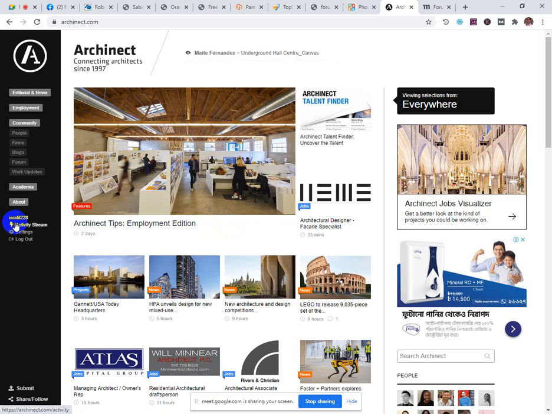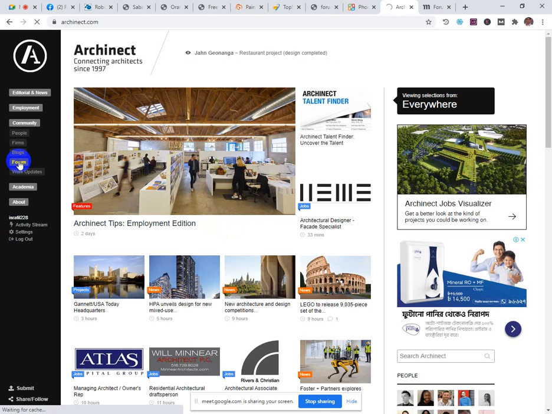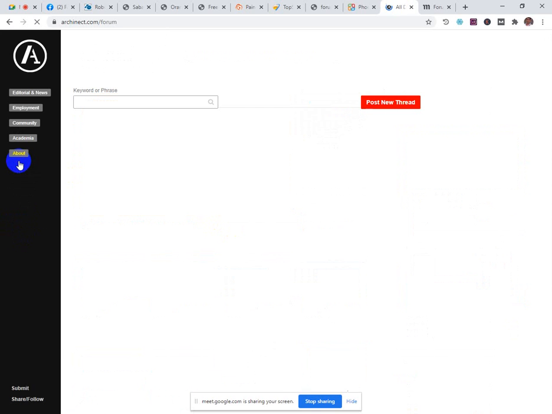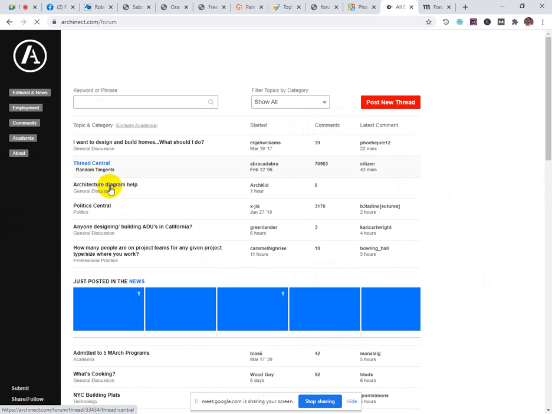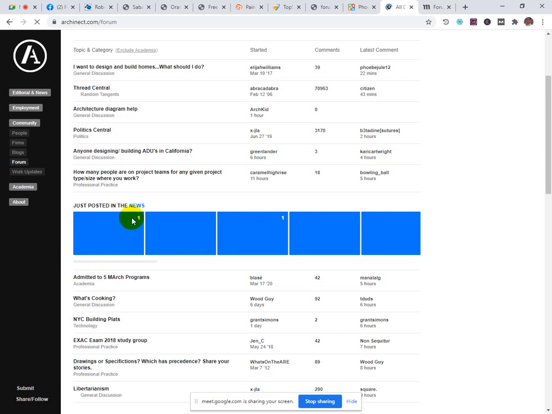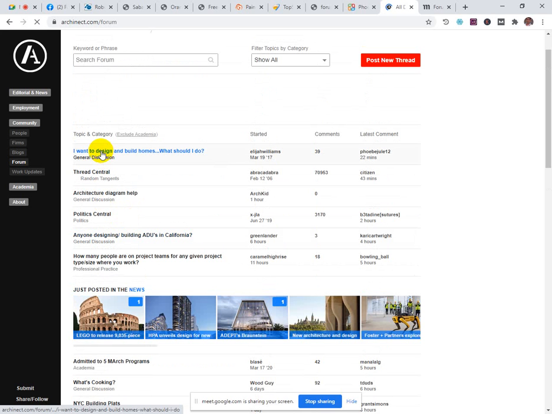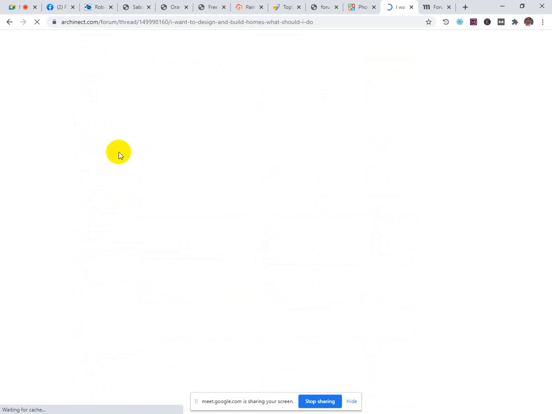জি, এটা ফোরাম। আচ্ছা, এটার মধ্যে যান। আমার নেট মেবি স্লো, এর জন্য সমস্যা হয়েছে। ওকে, সমস্যা নেই। I want design build home, এই কোয়েশ্চনে গেলাম। হ্যাঁ, এটার মধ্যে যান।